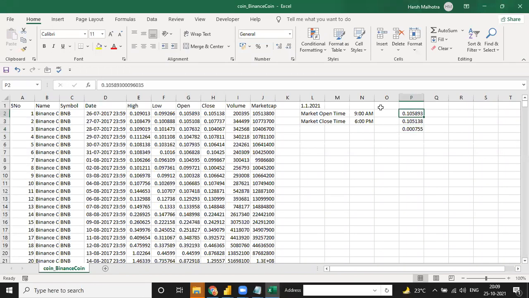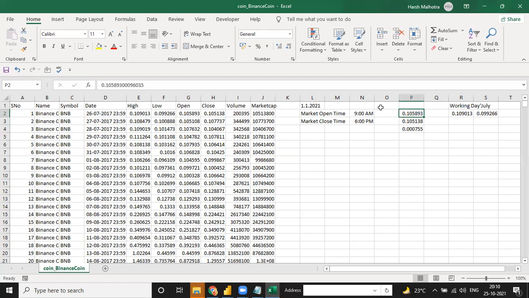But same way, when your market is open at 9, your open price is this, close at 6, your close price is this, and high and low. High and low, guys, in a full day. It means in a working day, like 1st of July. In a working day, your high price means when your market opens, the price goes up to 0.0019 point this, but low price is 0.09, and then your price will be up and down, up and down. It will be going on, but low price for this currency for 1 day, high price for this currency for 1 day, and open and close price, it will be a bid price, guys, actually.